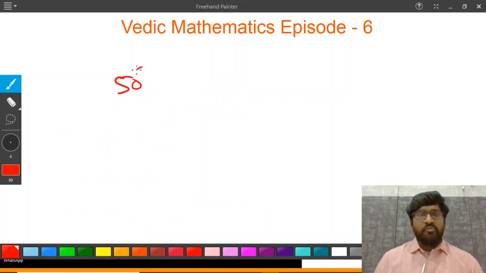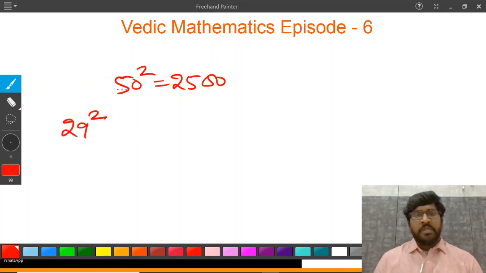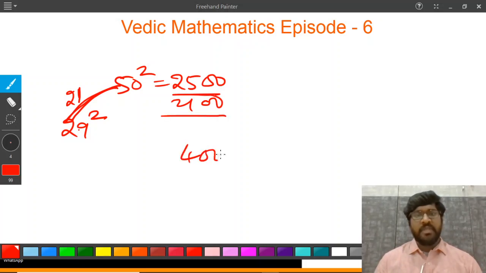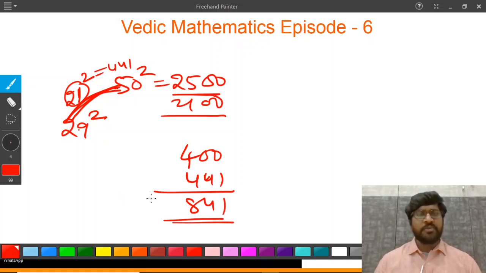Now we all know 50 square is 2500. Let's say if you want to find 29 square. Now compare 50 and 29. 29 is 21 less than 50. So since it is 21 less than 50, I have to subtract 2100 from this. If I subtract 2100 from this, remaining 400. Since 29 is 21 less than 50, the 21 square, 441, I should consider and add these two, which is 841. Little confusing, but if you just work out with 2 or 3 examples, this is better than the previous technique.